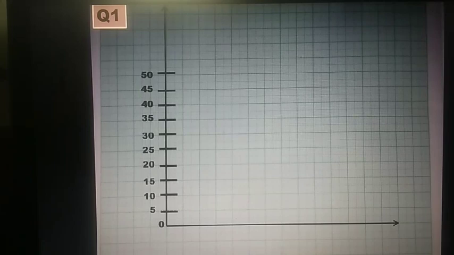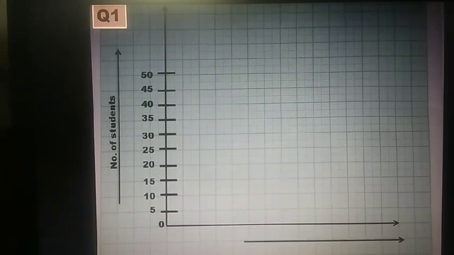Now the very first bar length is of 45. But before plotting we are supposed to label the axes. The y-axis is showing you the number of students. And when you plot the bars, this x-axis will show you the activity. Now the first bar is of 45. So what you will do